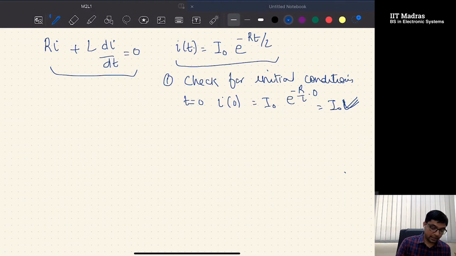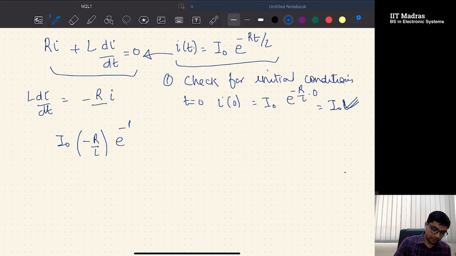Okay, now check what happens if I substitute this back into this, which essentially means I should get something like L di by dt is negative of R times I. So what is di by dt? Di by dt is I naught times negative R over L, e power minus R over L t. All this is multiplied by L. So on the left hand side, I am left with minus R